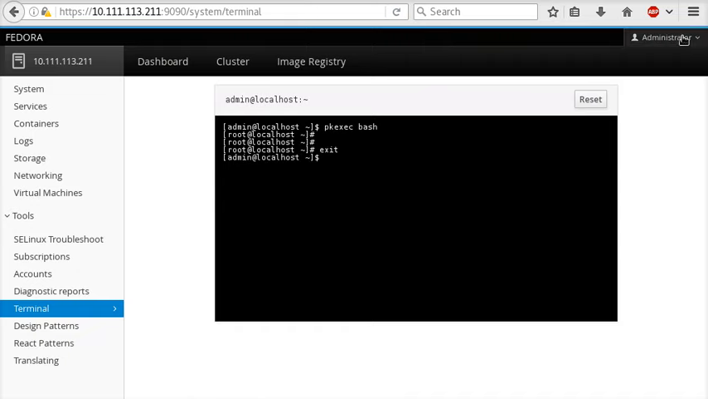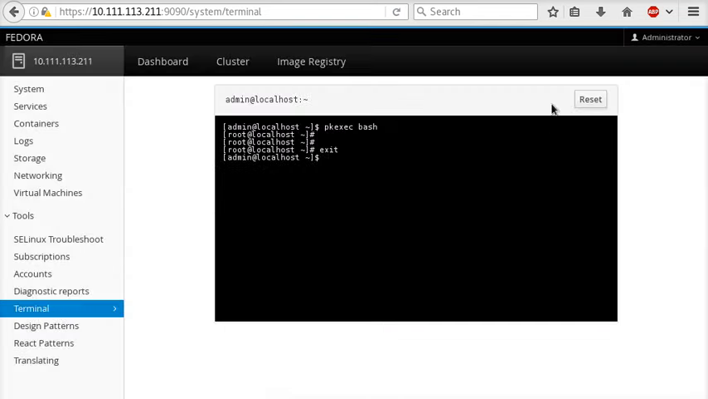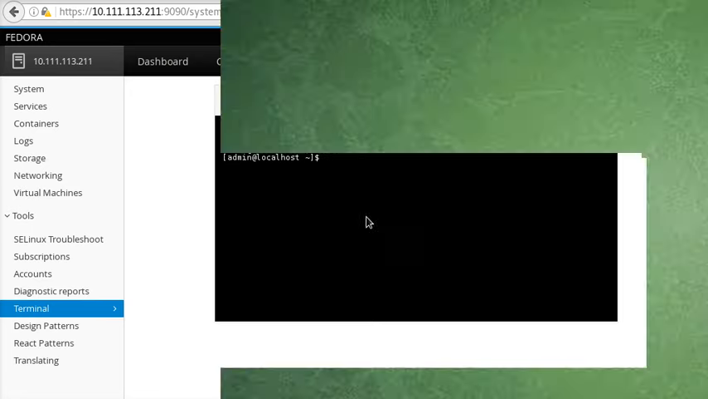You can see the status change here. You can see here we are allowed to use my password for privileged tasks and connecting to other machines. And I can clear this. In the future, we hope to have some indication up here whether privileges are required or requested, which you can click and then perform the same actions again